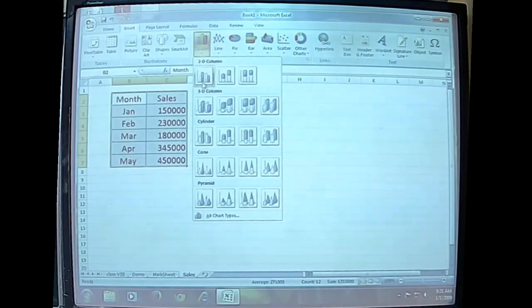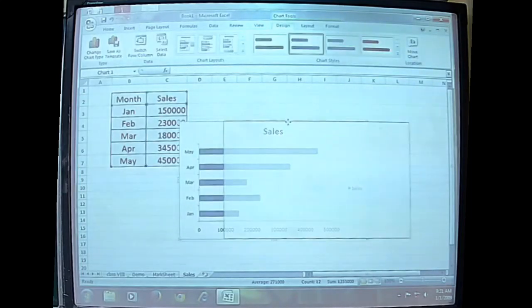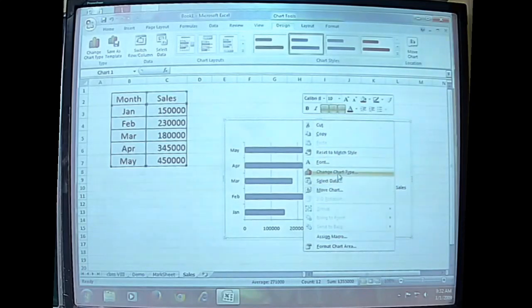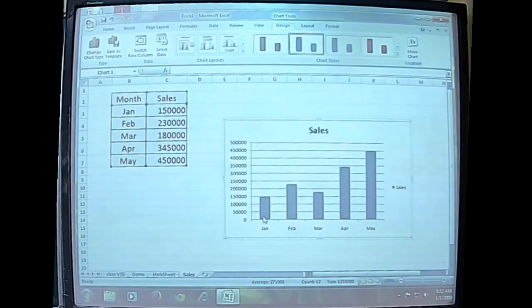So earlier we were creating a column chart. This time, a different type of chart, a bar chart, can be created. So we will try to create a bar chart here. See, this is how a bar chart can be created. So for the month of May, see, this is how it can be. Now let us see if we can change the chart type. See, this chart type can be changed to a column chart as well. A bar chart can be very easily converted to a column chart also. See, this is how a bar chart is converted to a column chart according to our convenience.